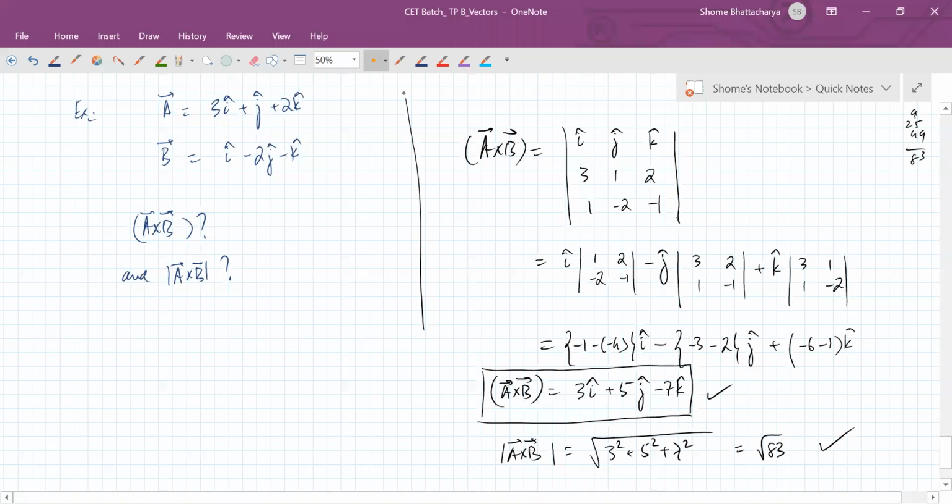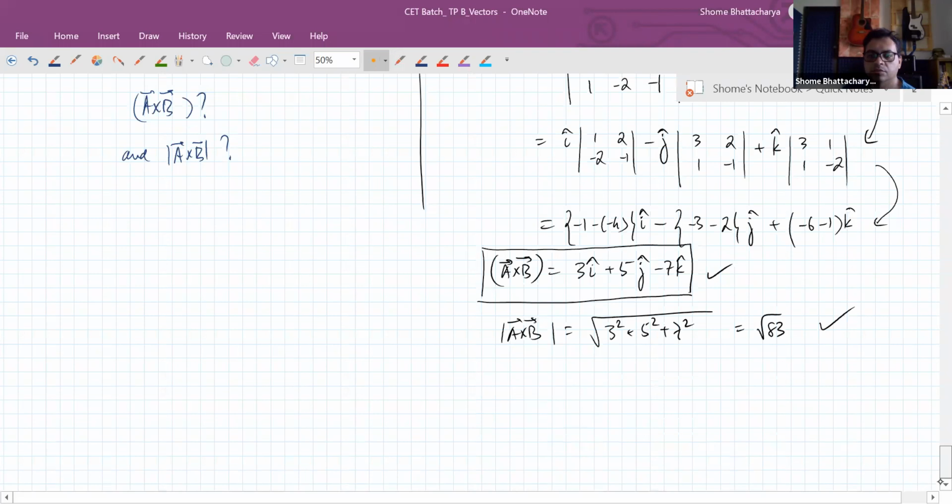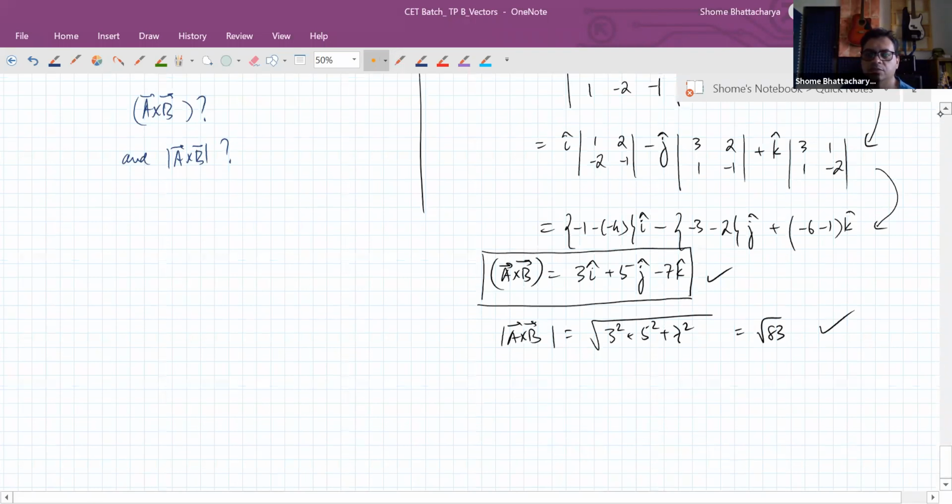Okay, so this is a method of solving cross products in component form. And as you can see, it's nothing very complicated. The derivation was lengthy and complicated, but once you know this determinant method, it is just a couple of steps. First, write the rows and columns properly in the determinant, then solve from this step to this step, and then solve from this step to this step, and that's it. You have your answer. So just make sure you revise this very carefully and do a couple of questions based on this from your module, etc. Okay, and you should be set with vectors.